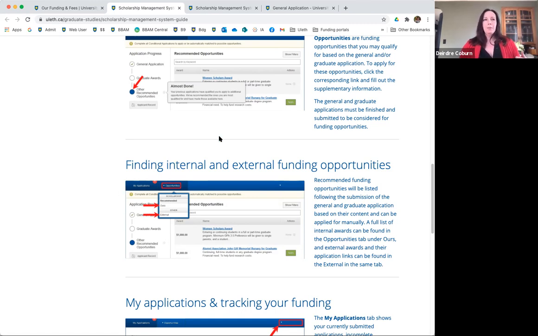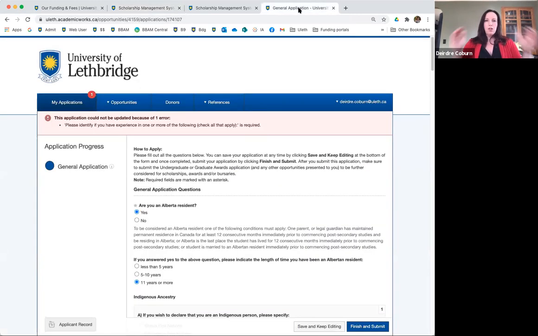And only because it just makes sense, right? If you're not in this current year, what have you done? Or in the past year, what have you done? Anything older than that, I would say put it in your CV, and then it becomes a part of the larger scholarship adjudication process. Because a lot of our large scholarships, large being anywhere from $5,000 all the way up